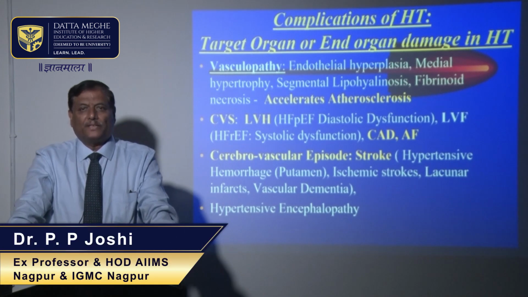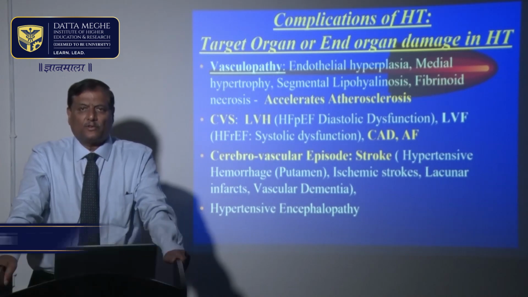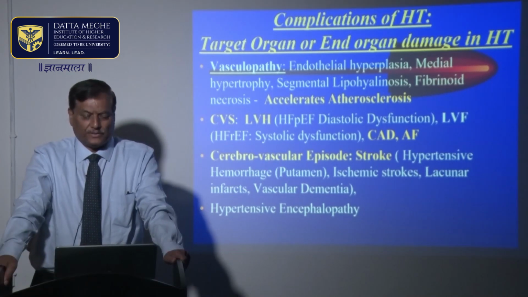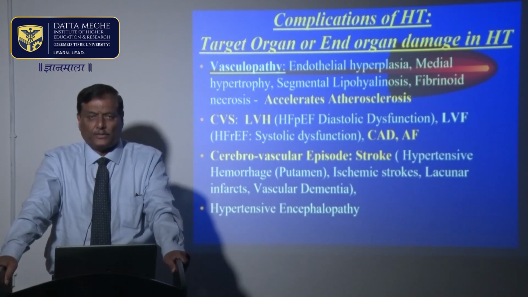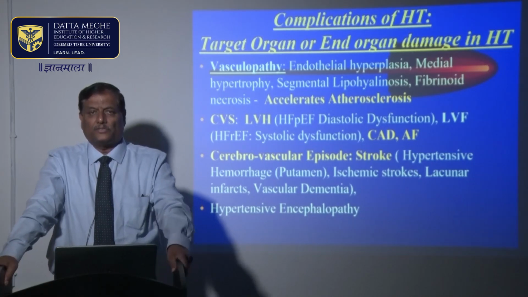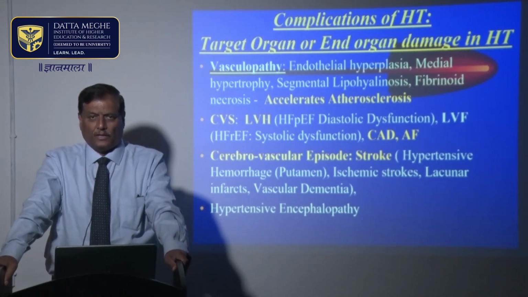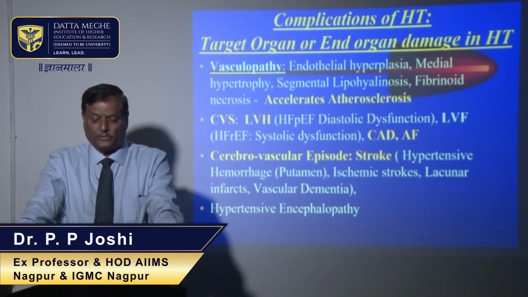So, what are the complications of hypertension? Hypertension, if left untreated or uncontrolled, can lead to a lot of complications. It damages the blood vessels, and various organs in the body can get affected. These are known as target organ damage or end organ damage seen with hypertension. Vasculopathy occurs, leading to endothelial hyperplasia, medial hypertrophy, segmental hyalinosis, and fibrinoid necrosis, and